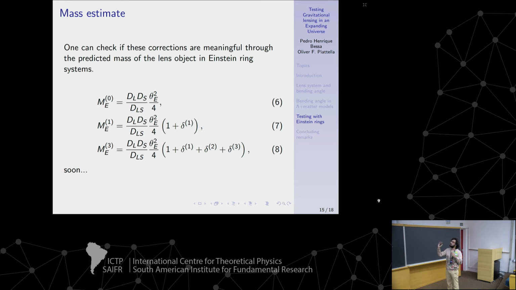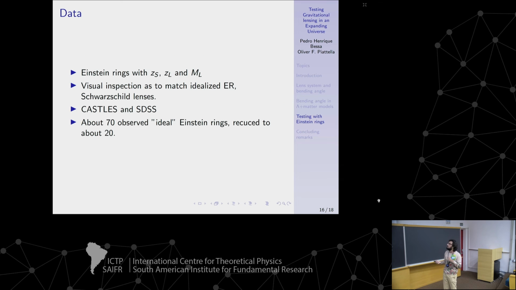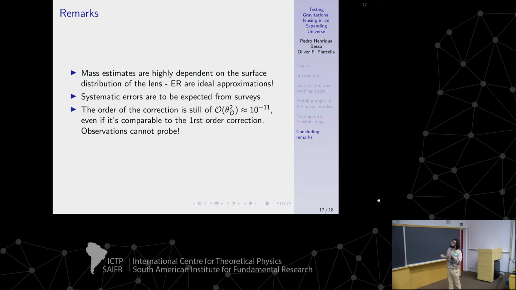I'm still doing the minimization, but I can already see that we shouldn't really take into account all of this if we want to model gravitational lenses in the strong regime. This is more or less what I'm trying to select. I already have a reduced set of 20 Einstein rings, taken mainly from the Castles and Nest DSS surveys. And the remark is that